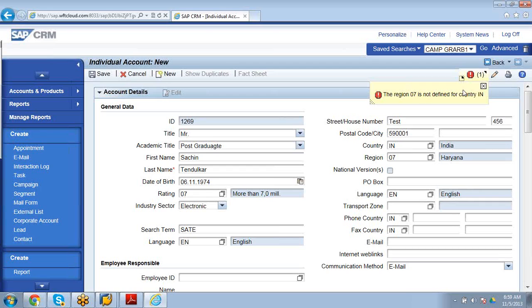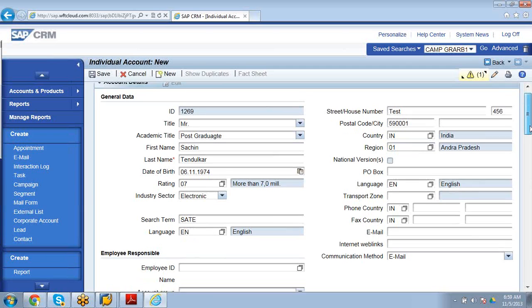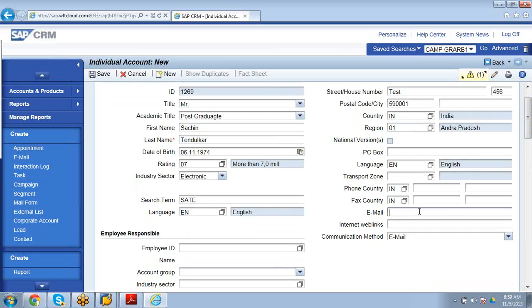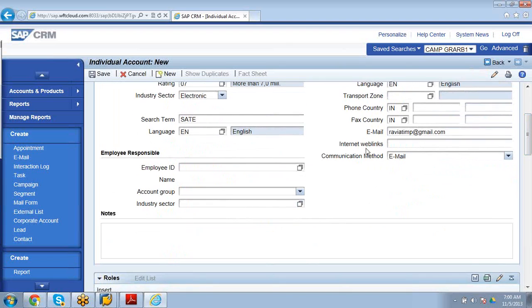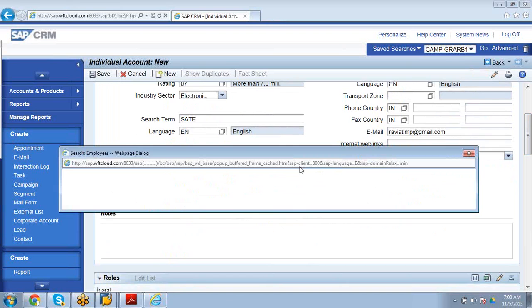The state is not a problem, it's not defined in the country. Here, the employee ID is important.